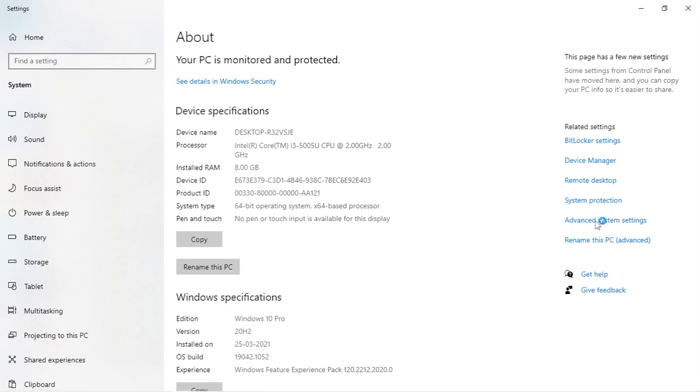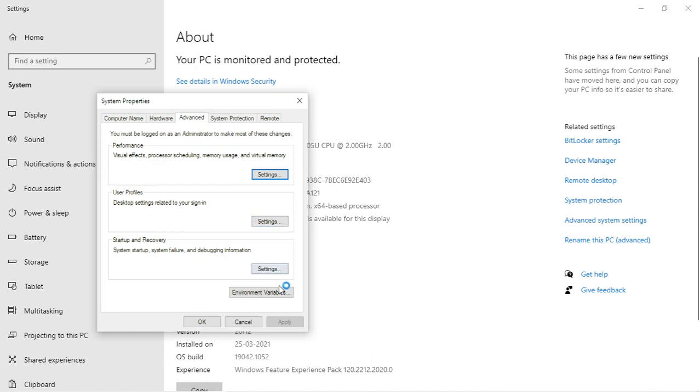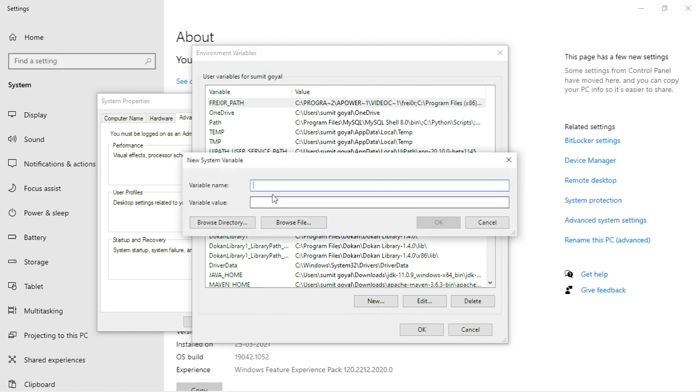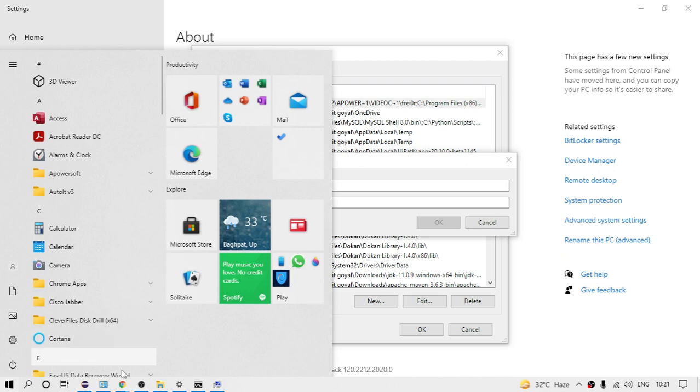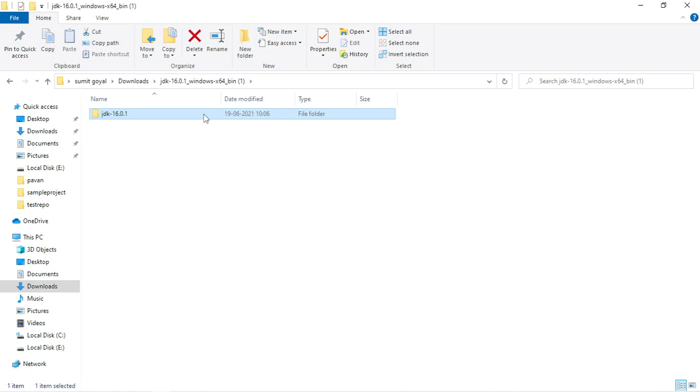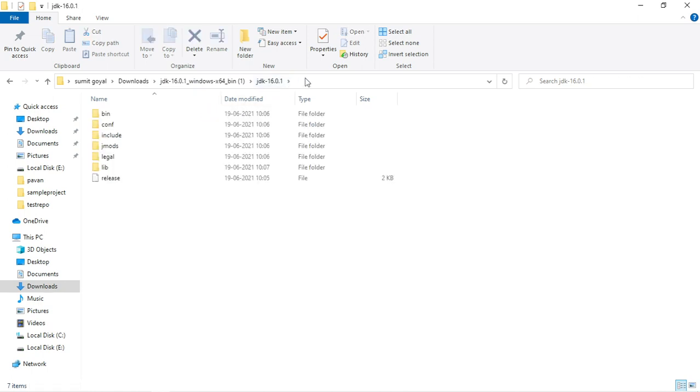It is taking some time. Then click on Environment Variables. First click on New and add a variable like JAVA_HOME. Here, go to where your Java is present. This is the path. First copy this.